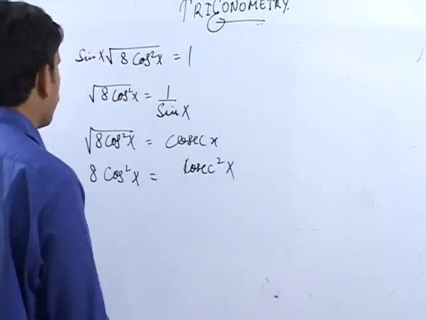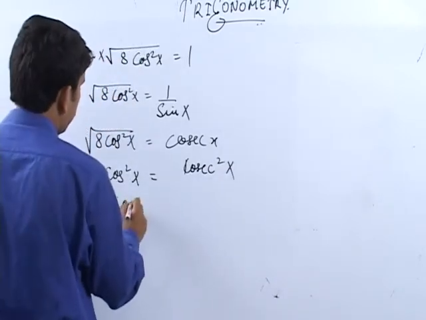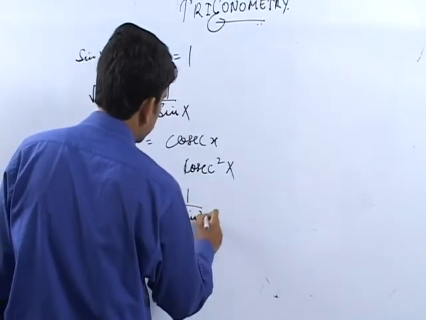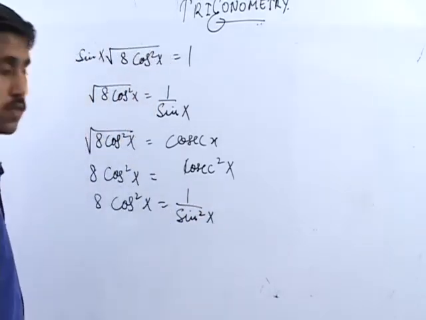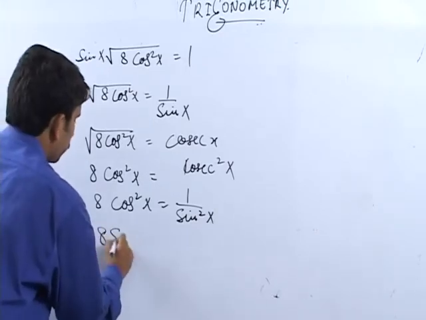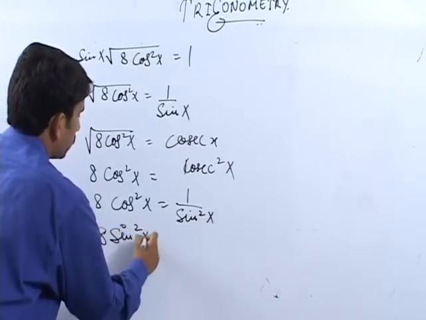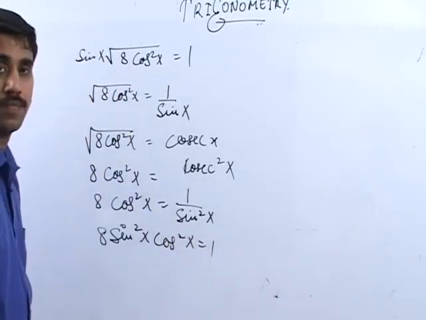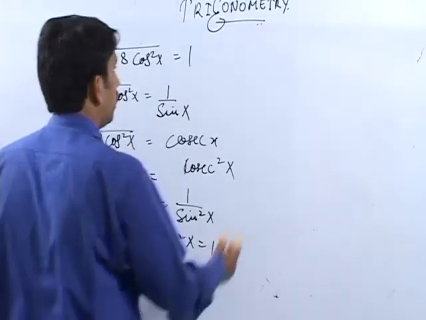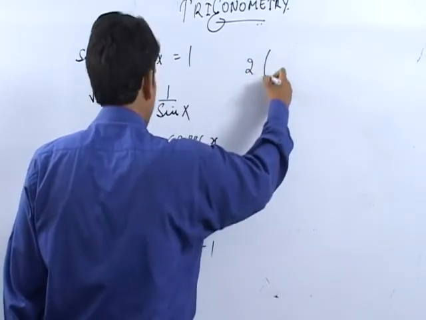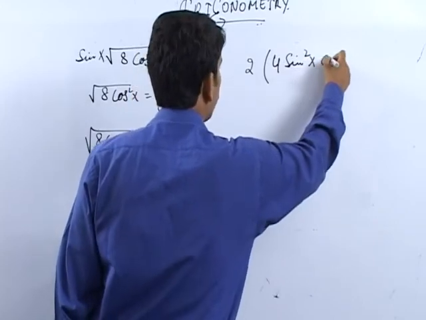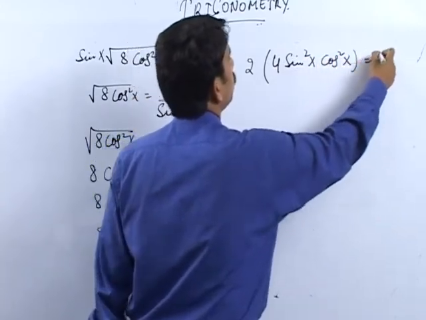Now for cosecant square x, you will write 8 cos square x is equal to 1 over sin square x, and this is equal to 8 of sin square x cos square x is equal to 1. Now if we take 2 common, you will get 4 sin square x into cos square x is equal to 1,